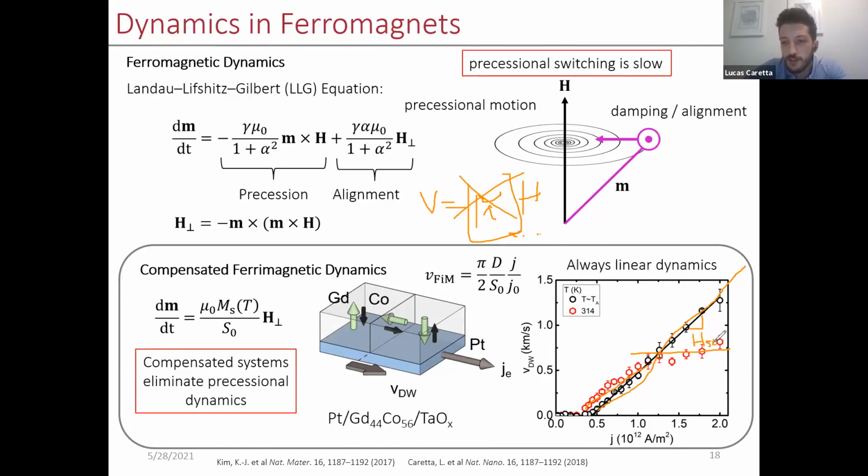I see. So it doesn't have to do with the damping, actually. And so in a ferromagnet, even if you were to have extremely low damping and it would shoot up really quickly, it would always plateau here, just because this plateau is independent of the mobility. I see. So the reason we get fast dynamics in these compensated ferrimagnets is not because of the mobility. The mobility is actually not that great. It's actually pretty crummy. It's just because it's always linear. You never hit the plateau. I see. Okay. Thank you very much.